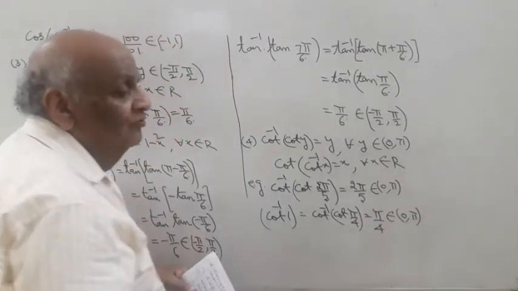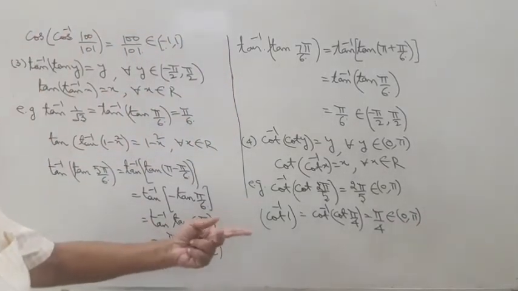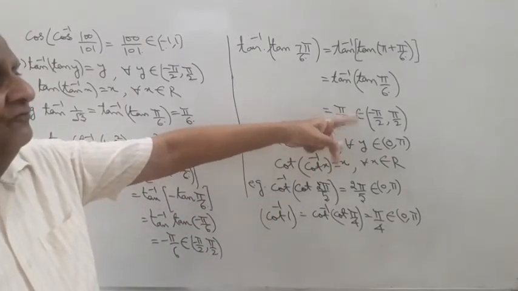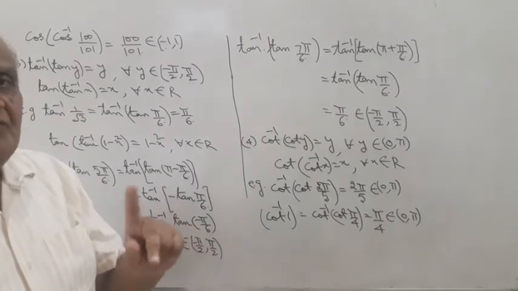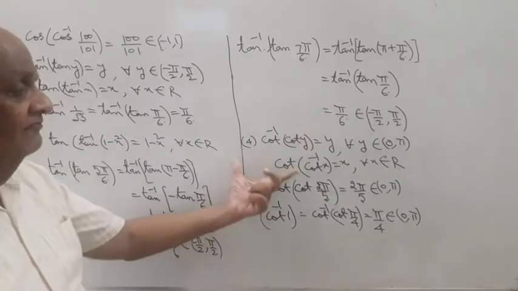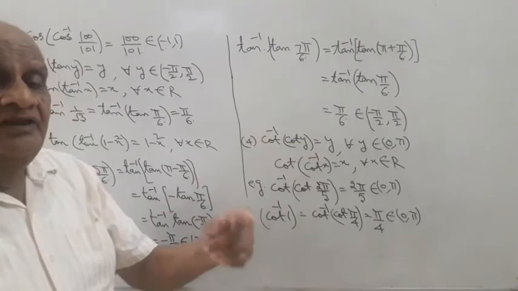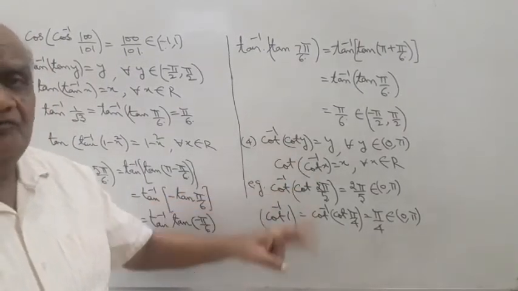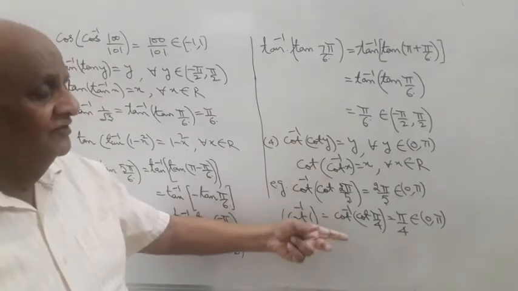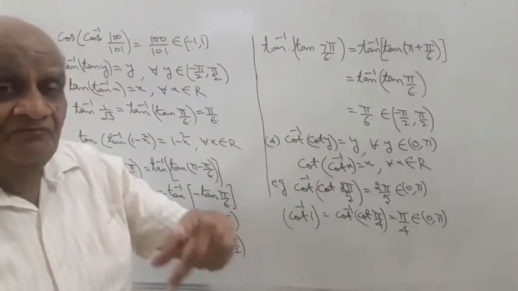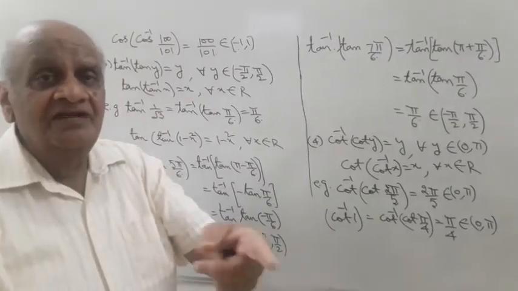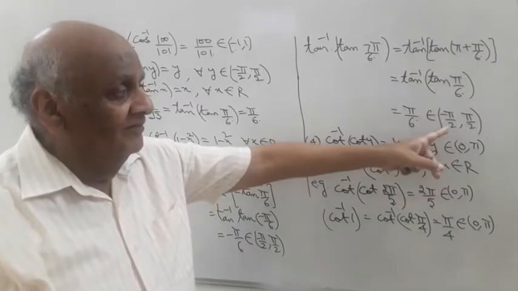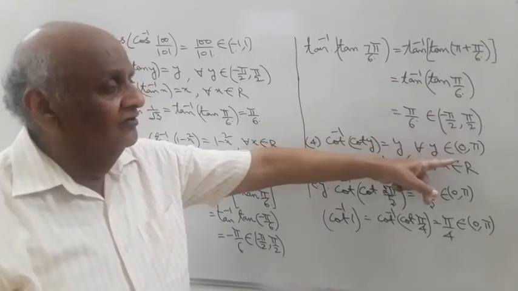See, 0 to pi means the first and second quadrants, whereas minus pi by 2 to pi by 2 is the first and fourth quadrants. Most importantly you must note down that whenever we calculate these values, in 99% of cases we never have the value in the third quadrant. We can have the values in the fourth to first, or first to second, depending upon whether the range is minus pi by 2 to pi by 2 or 0 to pi.